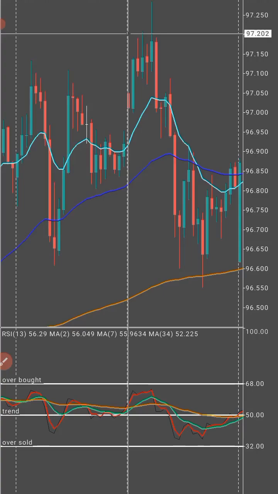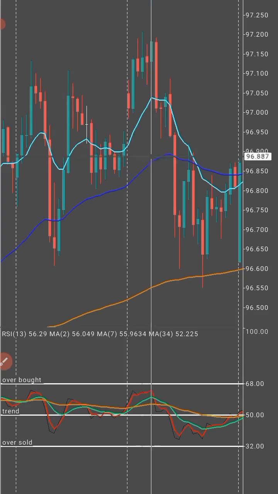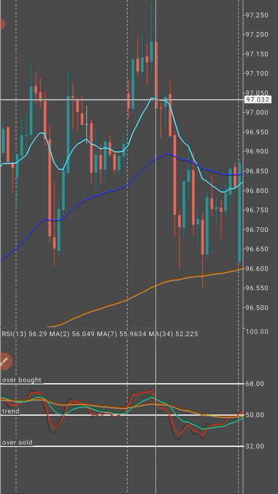Please take risk management very seriously. The position and the size matter: the size of your lot and the positions that you open. Avoid over-leveraging, as gaps can be volatile and lead to rapid loss. Please avoid it. Now, the risk reward ratio that I always advise people when they are trading gaps is